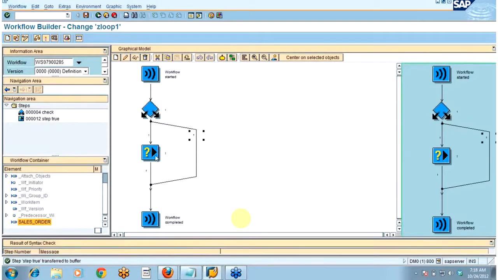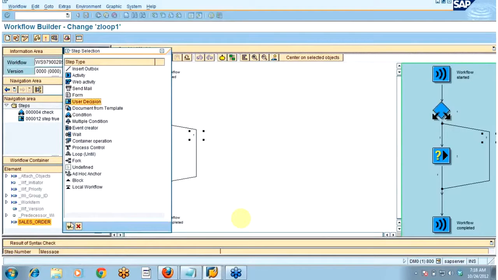Now I have created one true step. In the true branch, I have created one user decision step which says that the step is true, and now I will be creating one false user decision step. You can create anything according to the requirement.